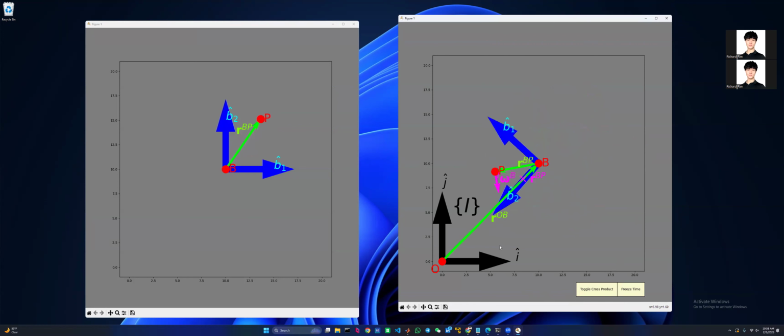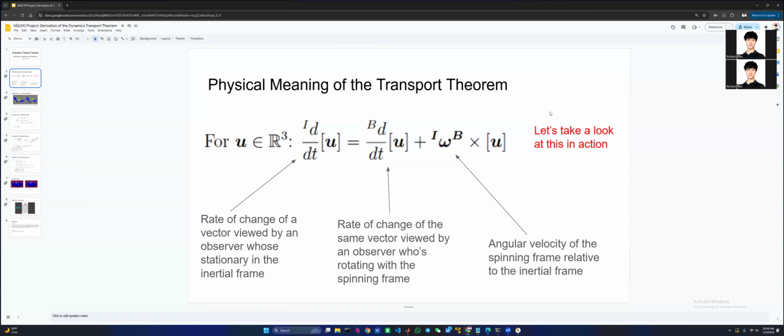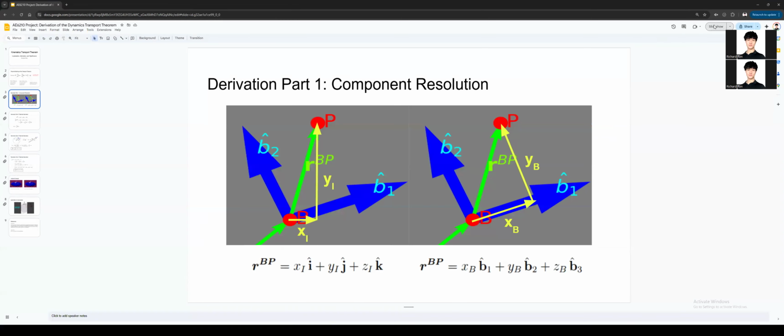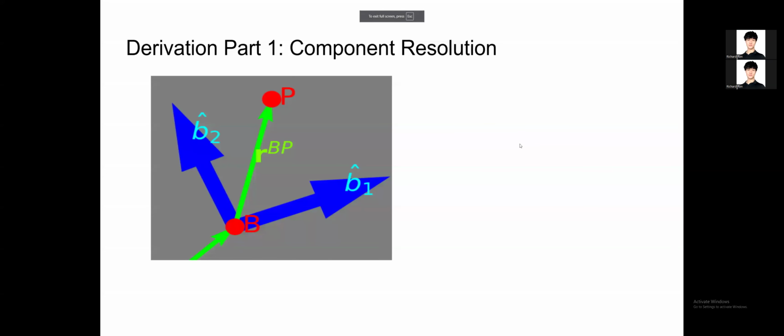Now we can try to derive the transport equation. So let me just freeze the time here. Okay, so we've frozen the time, and now we have two reference frames to work with. So we can begin by